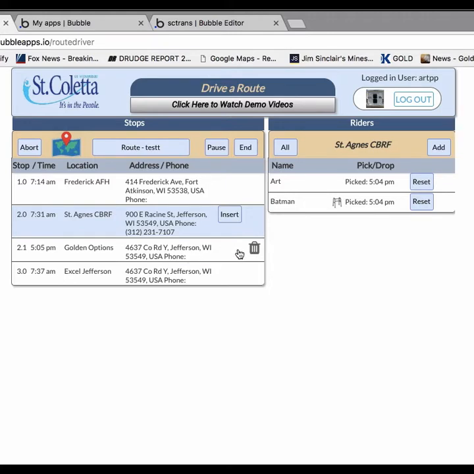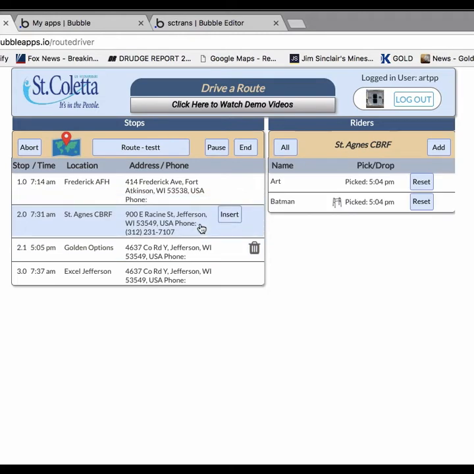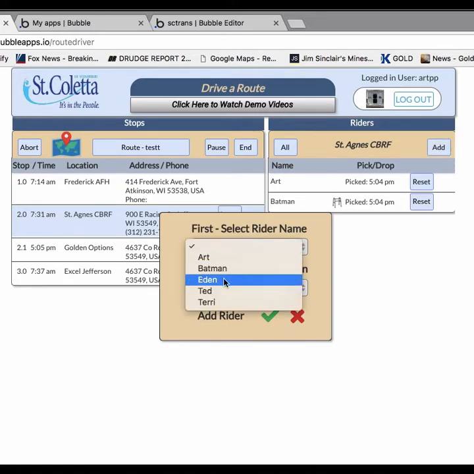And notice that also, since it's a stop the driver added, there's a trash can there where you can delete it if you want, or not delete it. So we'll keep it because we want to add a rider. At St. Agnes, we want to pick up somebody. Let's pick up Eden